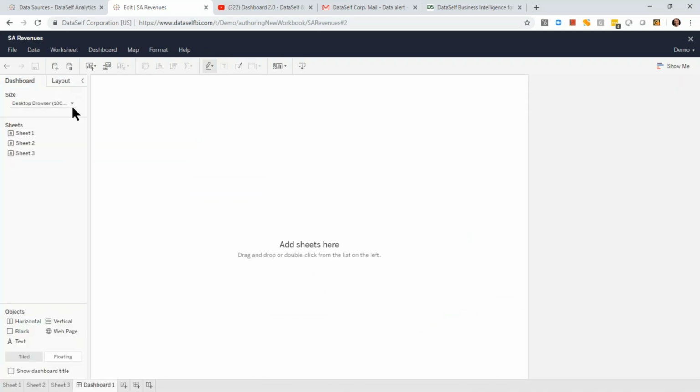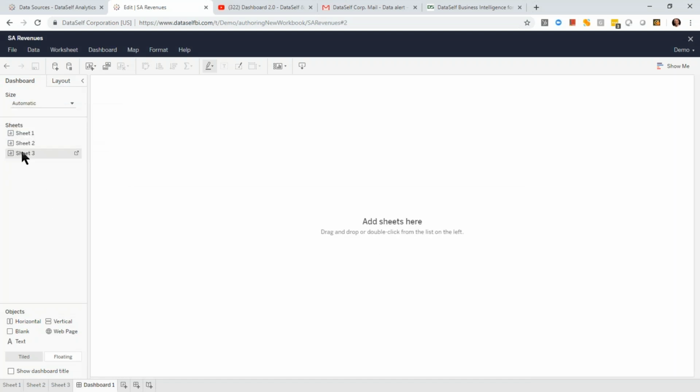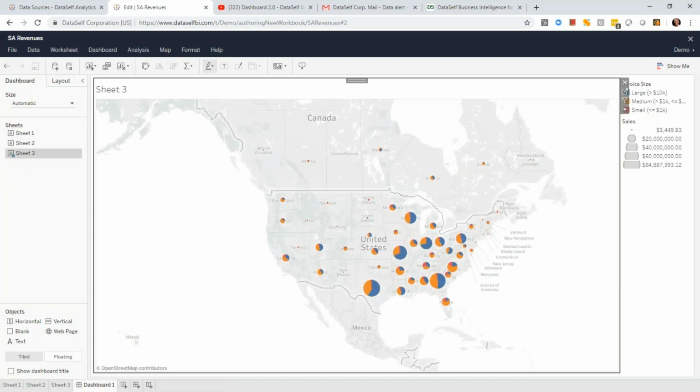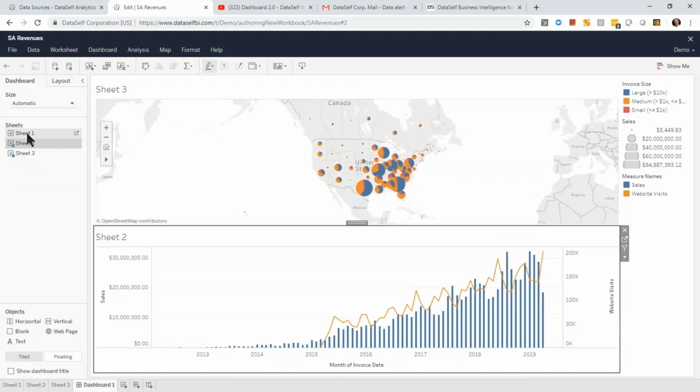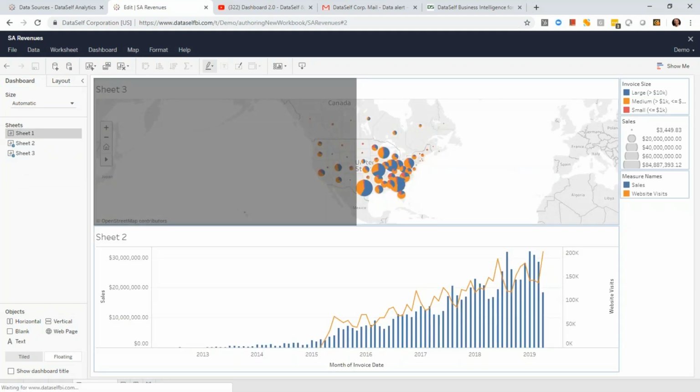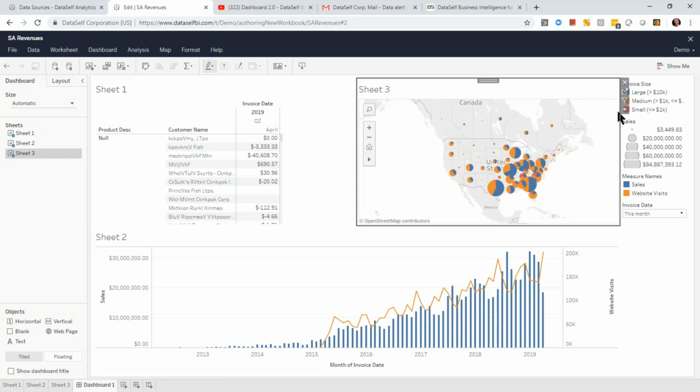So now I'm going to create a new dashboard, and I make the size of this dashboard automatically sized. And I want to see my map. I want to see my trend analysis at the bottom, and I want to see my detailed report on the top left. It's just dragging and dropping. As I said, if you know how to drag and drop, you can do it. You can have your people building dashboards like this from scratch just by knowing how to drag and drop. And once you have this, you just come here, file, and save as, and that's it.